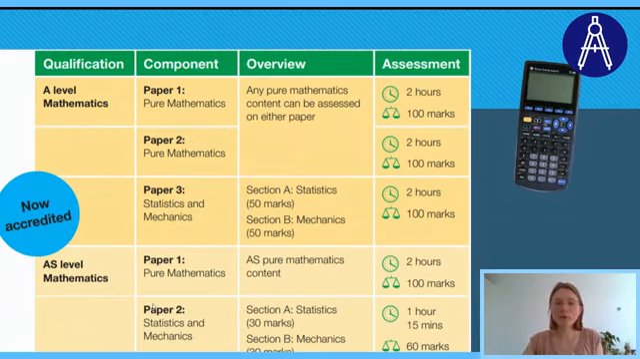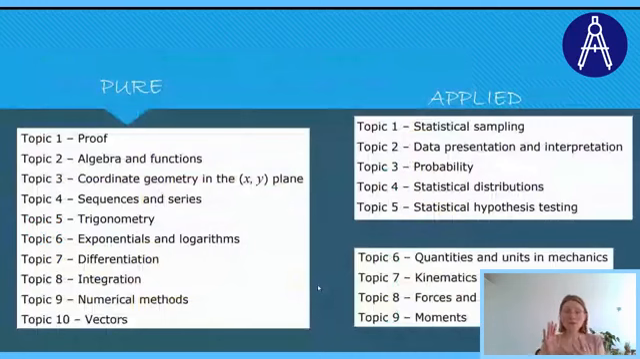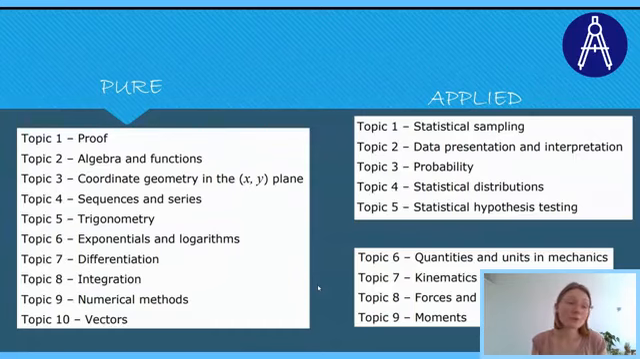Okay, so this is what it looks like broadly. As I said, AS level mathematics is a separate qualification. It's sort of a stripped-down version of A-level, and there are only 2 papers, one for pure, one for applied. Now, in terms of content, there's quite a lot of topics in both sections, but what you will see is